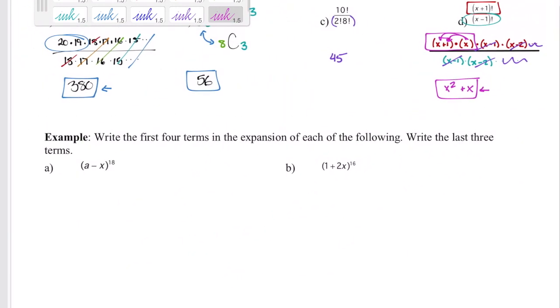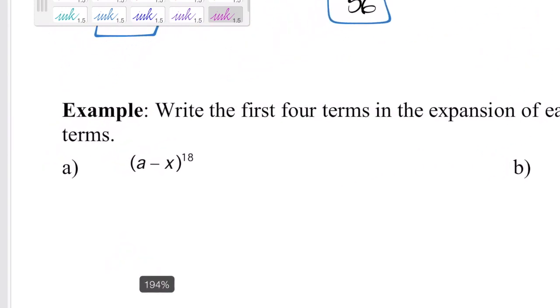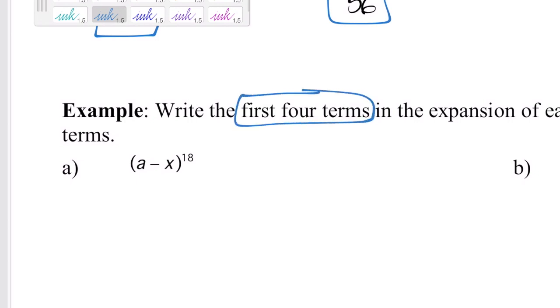All right, so here we want to write the first 4 terms in the expansion for each of the following, and write the last 3 terms. So doing the first 4 terms to begin with. So typically whenever I'm doing this, like in the last video, I like to start with Pascal's triangle first. So when I'm doing Pascal's triangle, instead of trying to find the entire 18th row, which seems really ridiculous, especially if I'm just looking at the first 4 terms, I'm going to use that combo button instead,